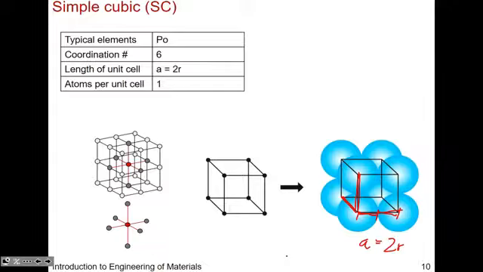And then if you look at, okay, well, how many atoms are in this unit cell? It's just 1 atom, okay? Because you have 8 corners, but each of the corner only has 1/8 of an atom. So 8 times 1/8, total of 1 atom in a unit cell, okay? You could also think about it symmetrically. So if you put an atom here, and you propagate using translation vectors and with simple cubic symmetry, well, this atom is actually identical